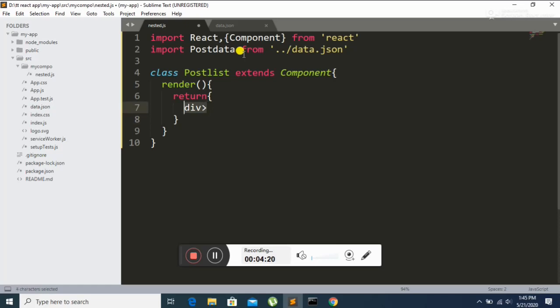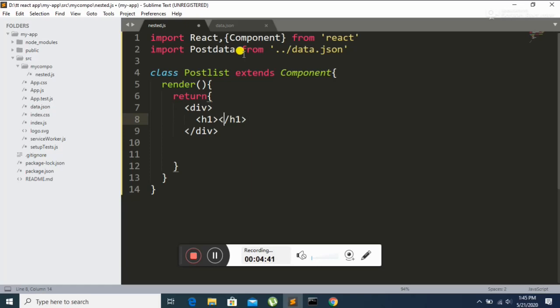I just make this div tag. In this div tag, this is the close of the div, and inside the div I just make a simple heading h1.